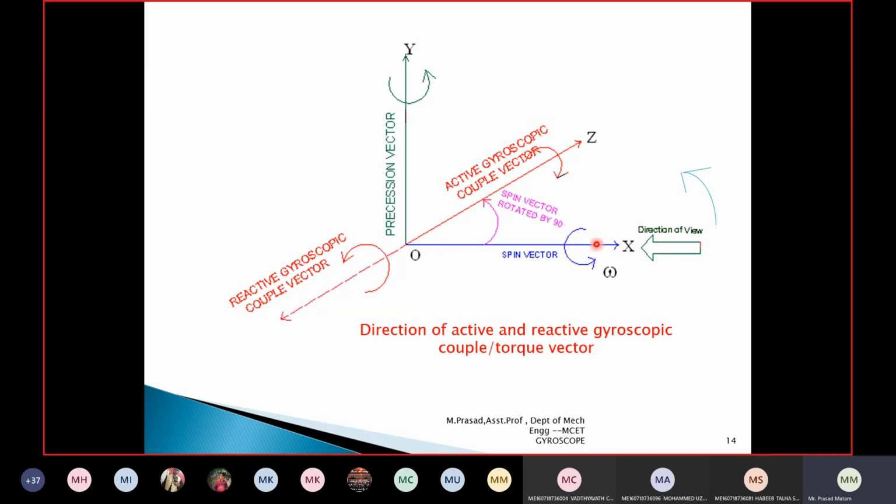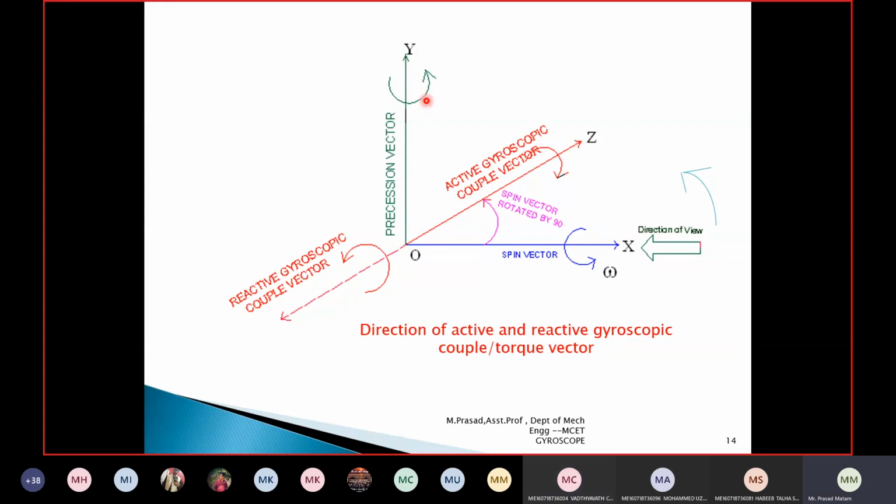Okay. Now the disc is rotating. What will happen? It is moving by an angle theta. Means it tries to move towards the precession vector like this. Here the disc is spinning and tries to move towards the y-axis. I am saying again, the disc is spinning. While spinning, it tries to move in forward path. While traveling forward, what is happening? It tries to rotate in another direction. The disc is spinning about the x-axis and tries to move along the y-axis. This direction shows the y-axis path.